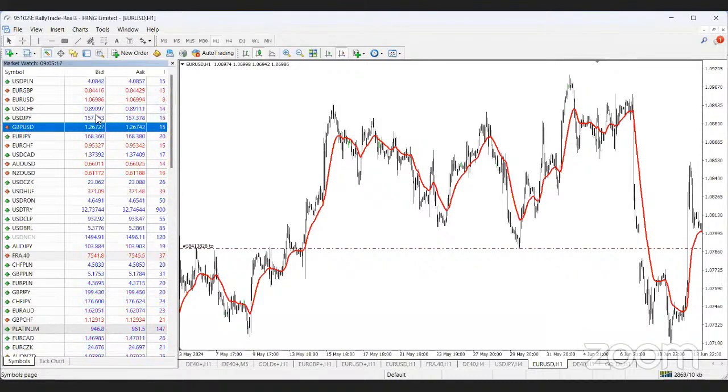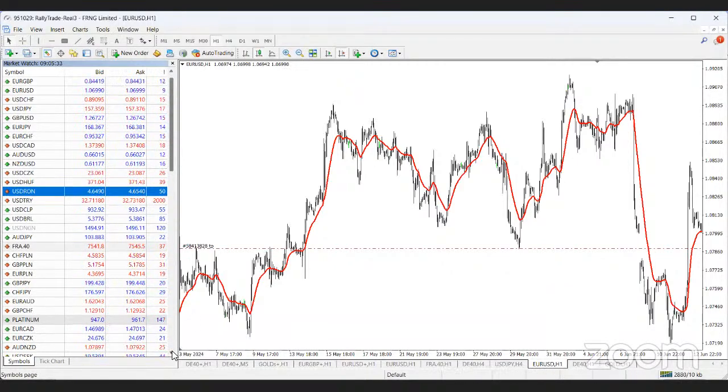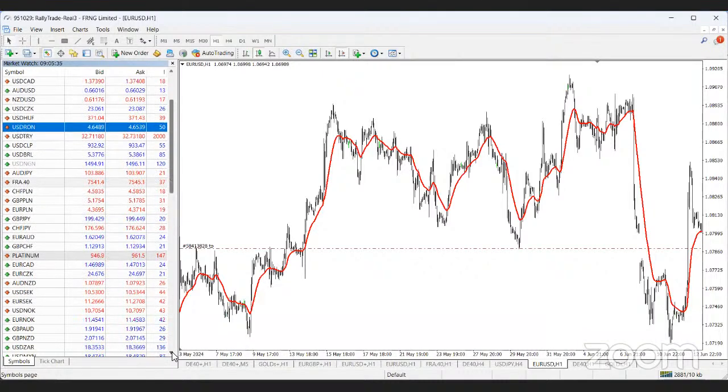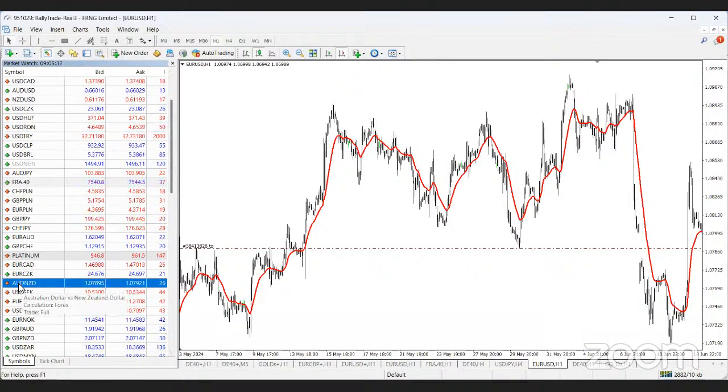So in the market watch view, you see bid, ask, and spread. Spread is the numbers you are seeing, all these 15, 13, 9, and all that. So if you look at AUD, for example, let's look for AUD. We have AUD New Zealand here, and you can see that it has the number 25, 26. So the number is varying between 25 and 26. Please note that.